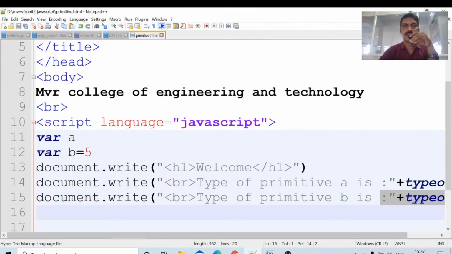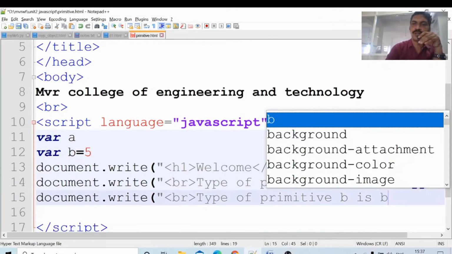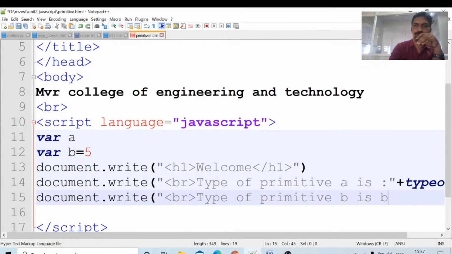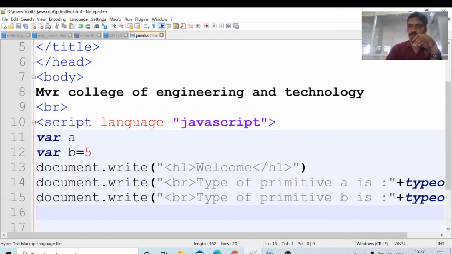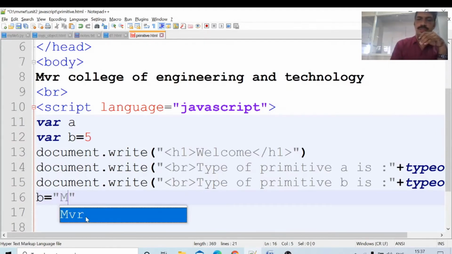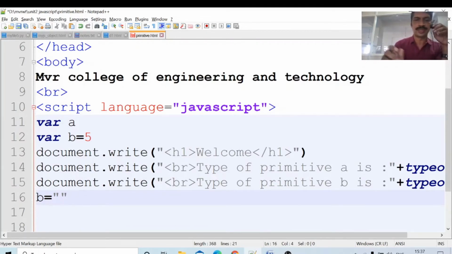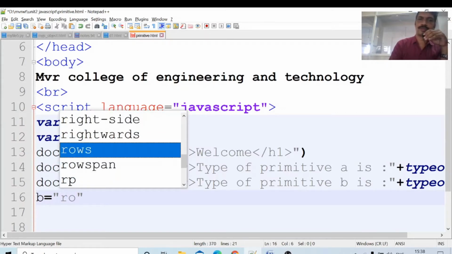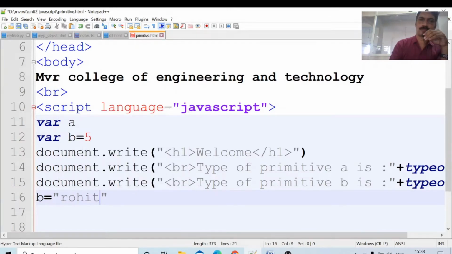This is the program. b has an integer now. b equal to, I will write a name. Always MVR is not good. We will write another name, Rohit. Now b contains the string value. Now I am printing the value.